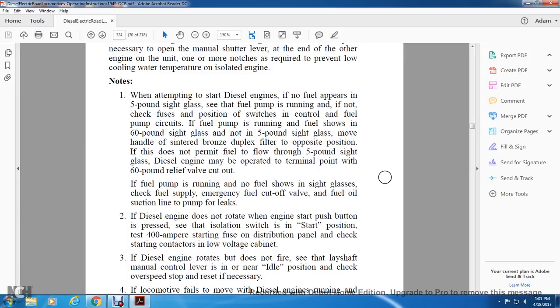Notes: when attempting to start the diesel engine, if no fuel appears in the 5-pound sight glass, see that the fuel pump is running. If not, check the fuse's position on the switch of the control pump circuits. If the fuel pump is running,